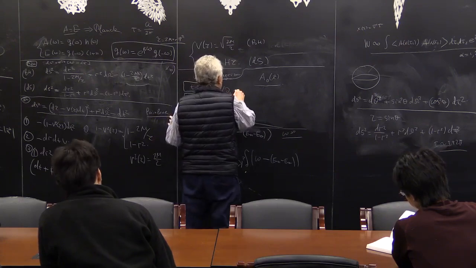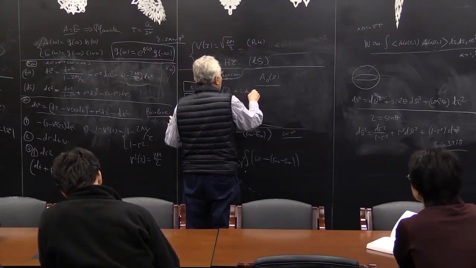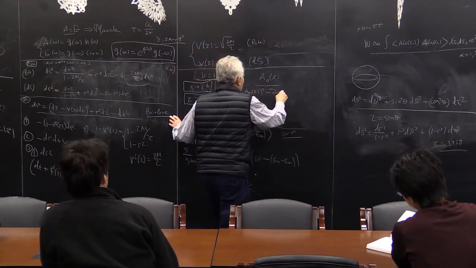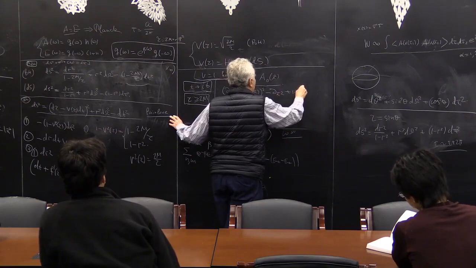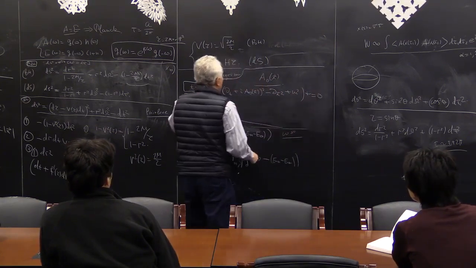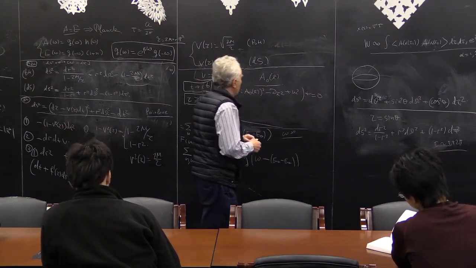The Klein-Gordon equation in this field will be simply the following. The Dirac equation is slightly different, but